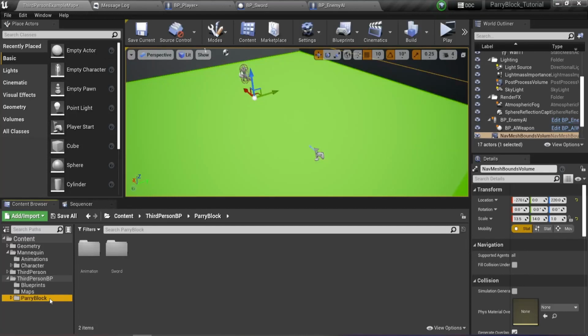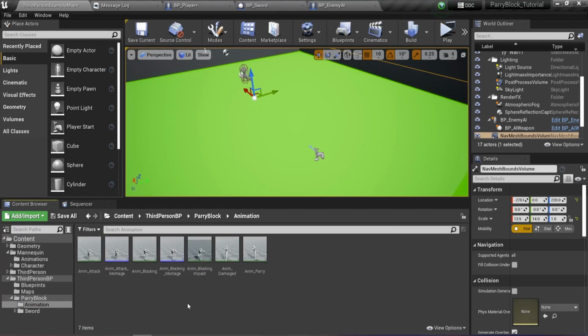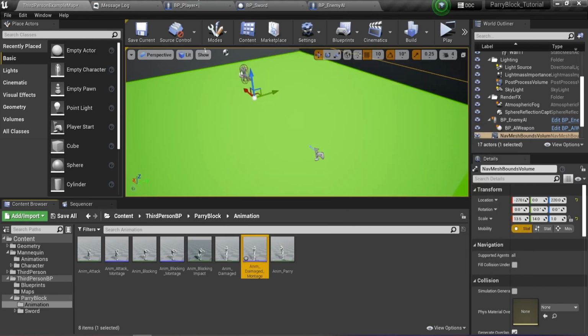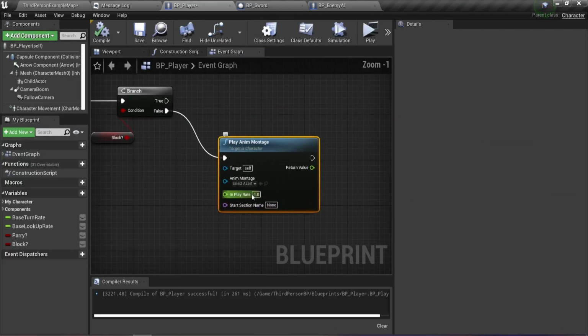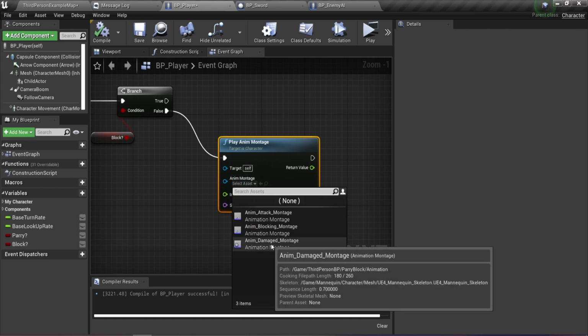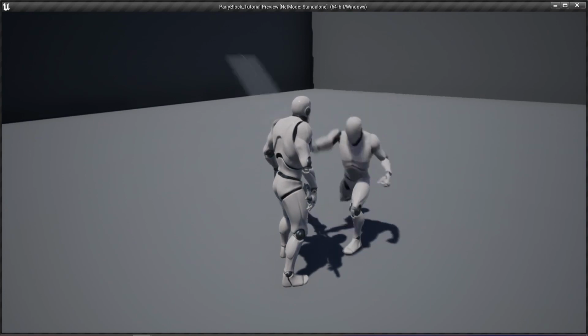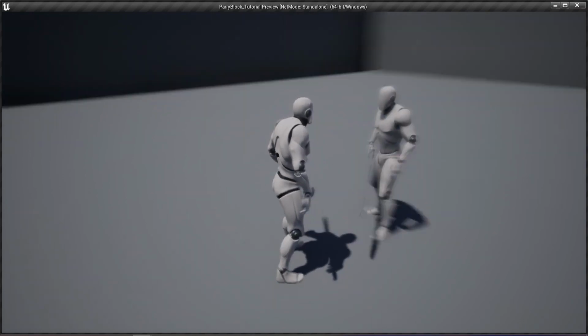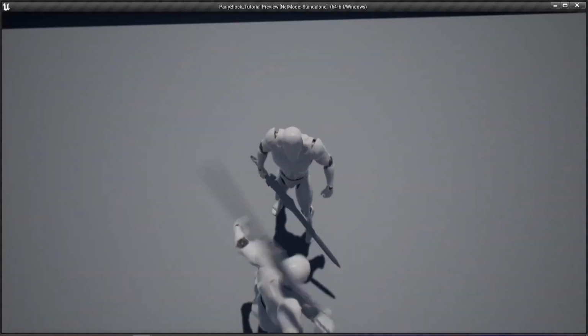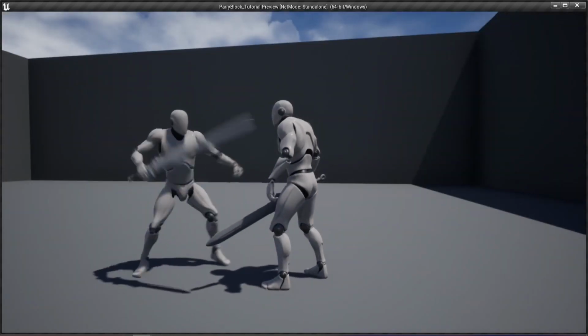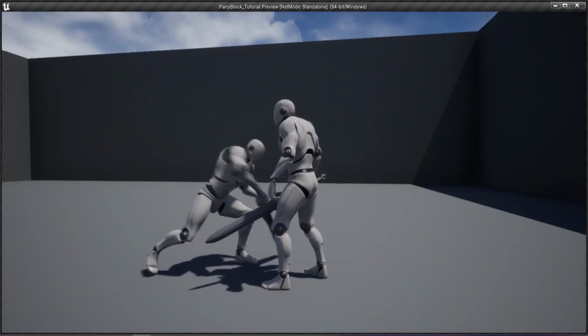Okay, go back to our animations folder here. Oh, it's over here. Create a montage. Back to BP player here. And here's a damage montage. Compile and save, and let's test it out. Okay, as you can see, even though I've already set up the damage animation, the player itself doesn't play the damage animation,